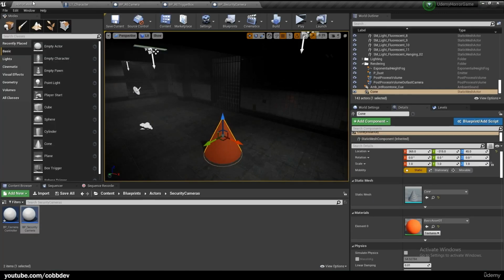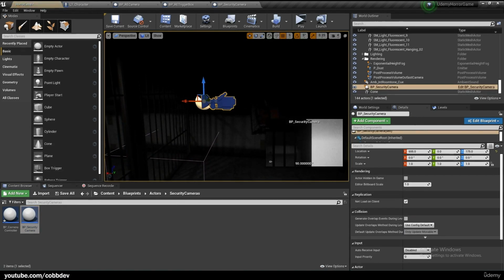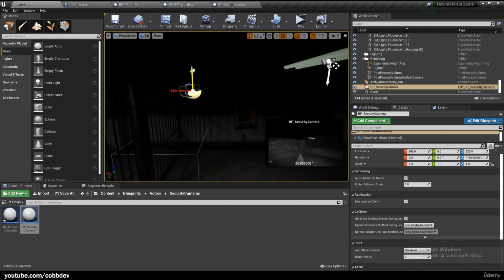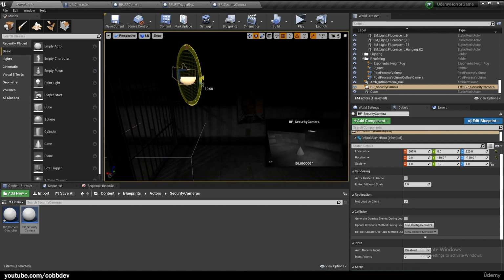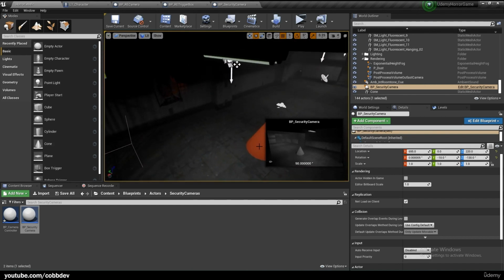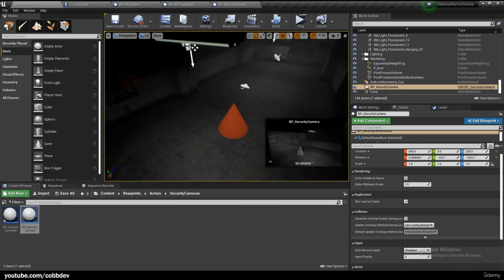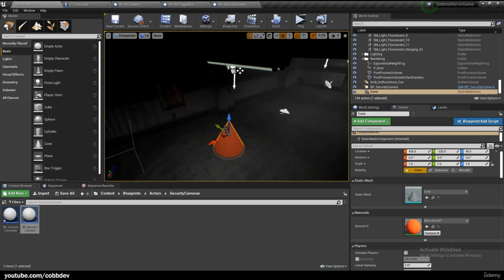We can just put 2 cameras into the world at the moment. So maybe something like this, a bit higher, and then rotate it down just slightly. And you can already see that this red cone has turned black and white on the preview right here. So we know that that post-processing is working,